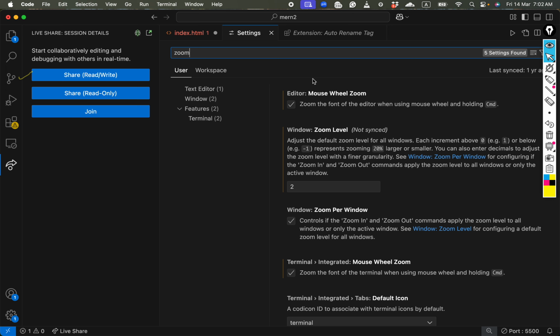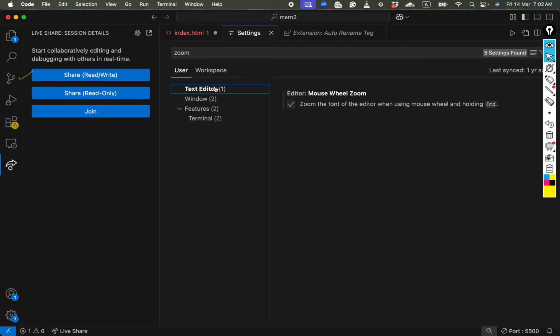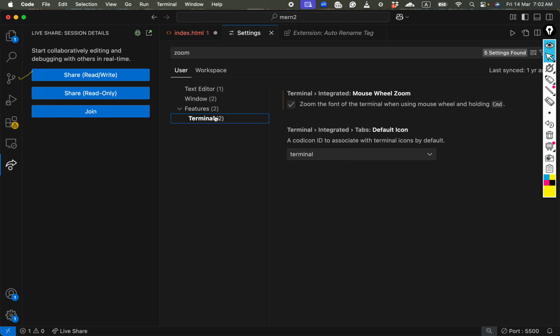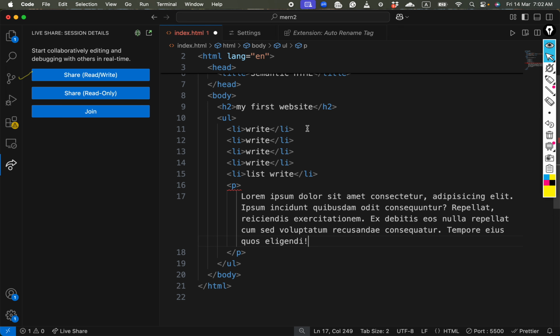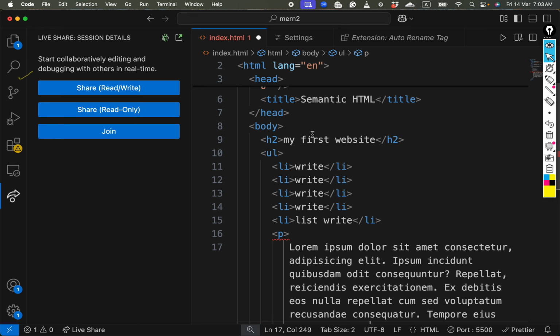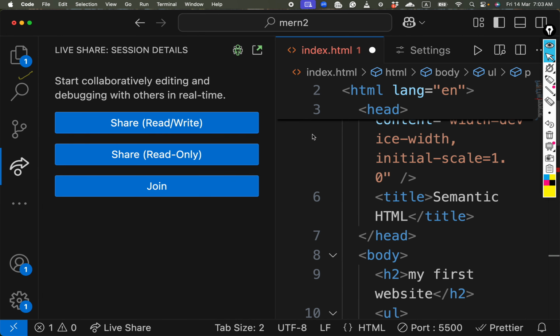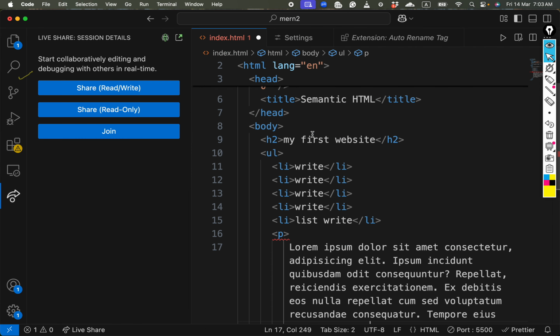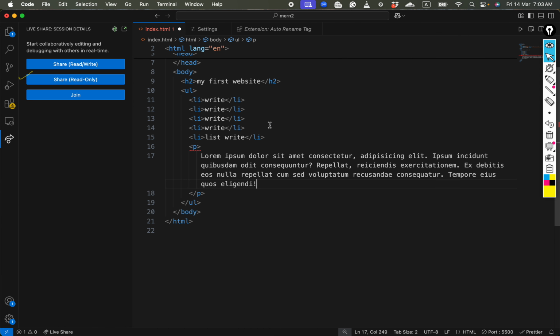अब यहाँ पे देखें, माउस व्हील जूम मेरे पास है यहाँ पे। अगर टेक्स्ट एडिटर पे आप पहले क्लिक करेंगे, यहाँ जूम में, सो यहाँ माउस व्हील जूम है, इसको आप चेक करें। टर्मिनल में भी माउस व्हील जूम है, इसको भी चेक करें। तो उससे क्या होता है कि अगर मुझे जूम करना है और मैं कमांड शिफ्ट एंड प्लस कहूँगा, तो जूम हो रहा है, लेकिन ये सारा वी एस कोड जूम हो रहा है। मुझे वी एस कोड जूम नहीं करना था, मुझे कोड जूम करना था, मुझे ये वाला कोड जूम करना था।